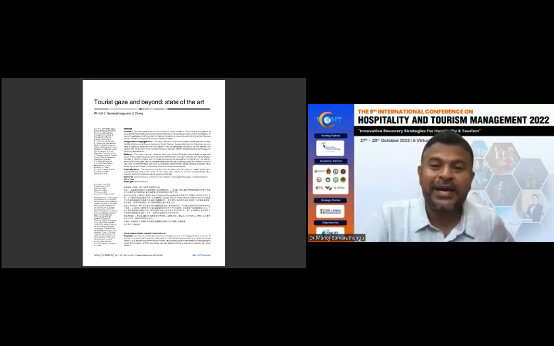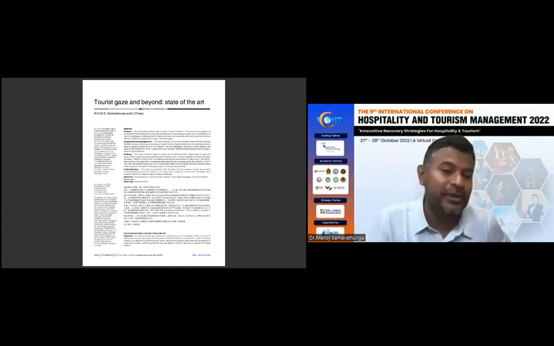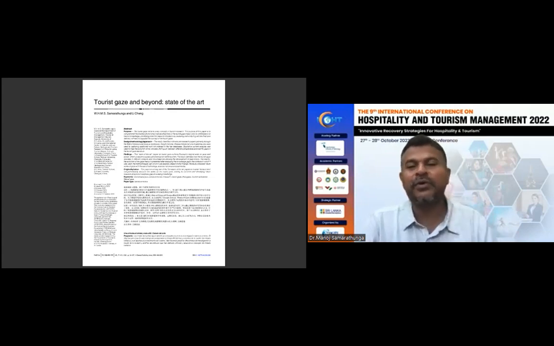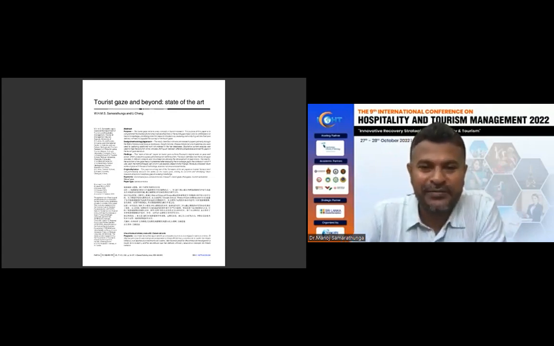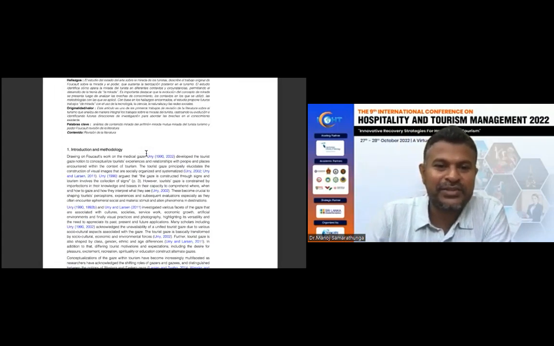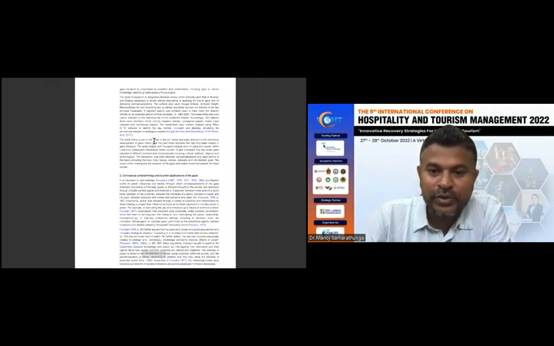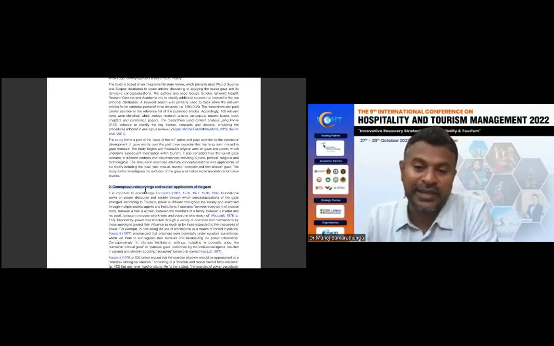And then I just took my literature review section, which came to about 100 pages. I looked back at my NVivo workstation, because I had nicely categorized each and every different segment of the tourist gaze, and I put them into writing. And here you can see the introduction and the methodology. And I will tell you the main section, the conceptual underpinning and the tourism application of the gaze,